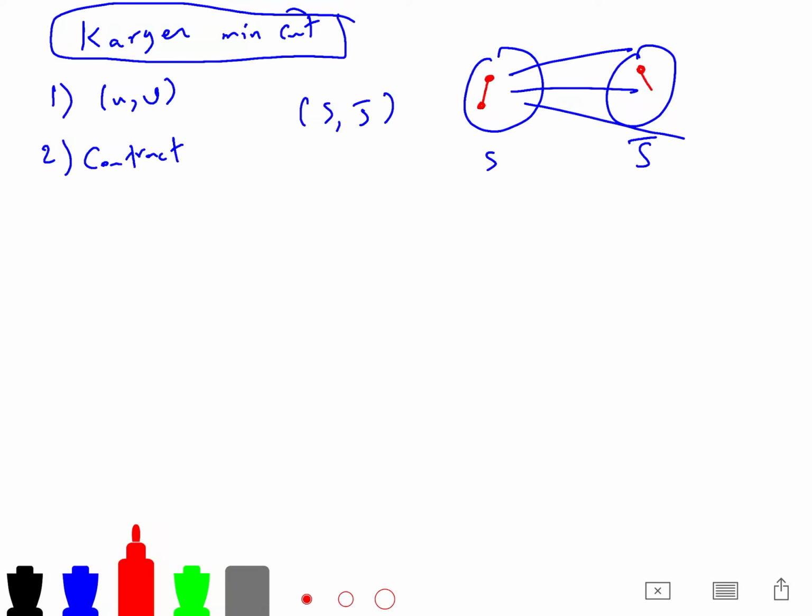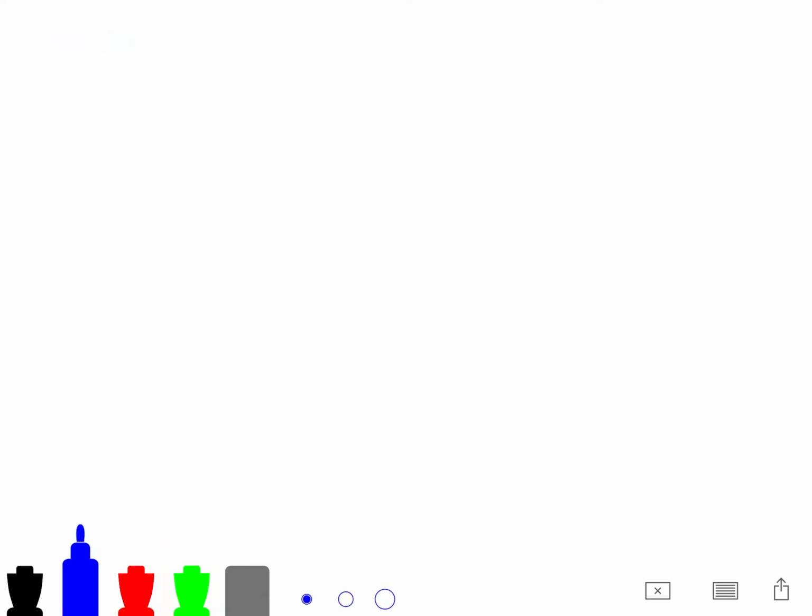Or for example, this edge, because it doesn't cross from S to S bar. So we can calculate the probability that the process that I said, just contraction, pick an edge uniformly at random, and then contract it, outputs the correct one, given that